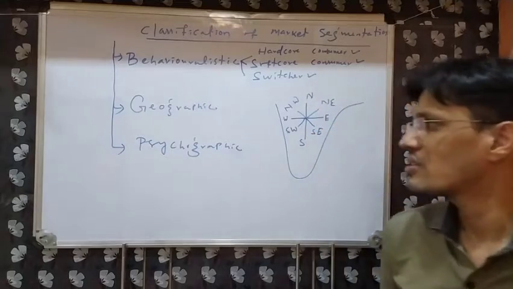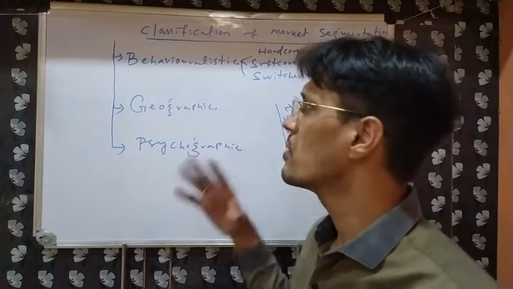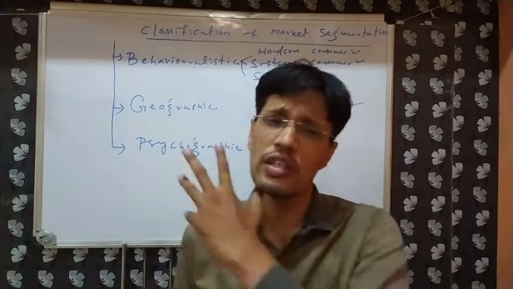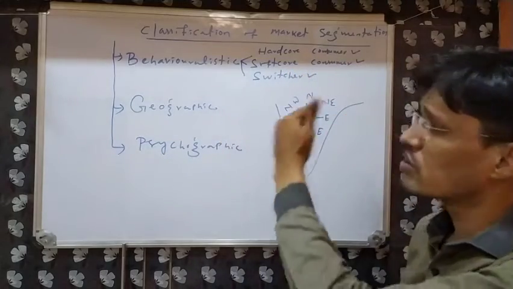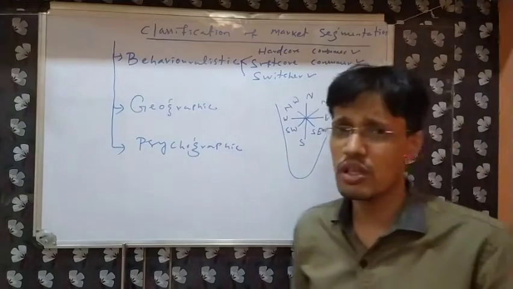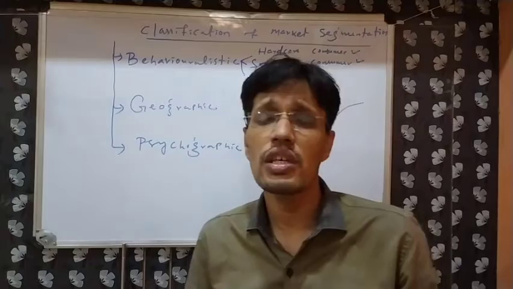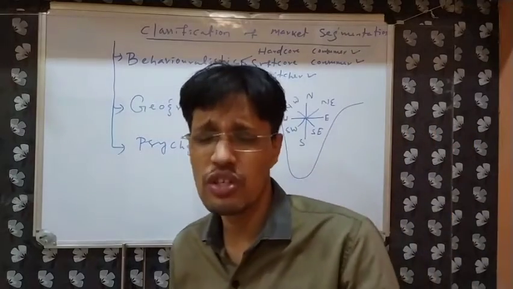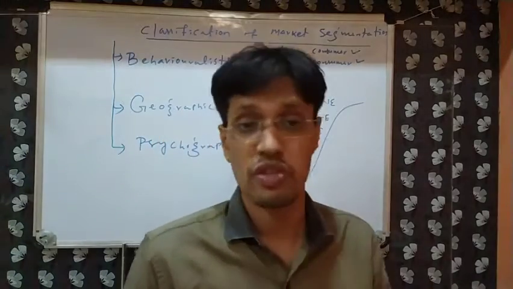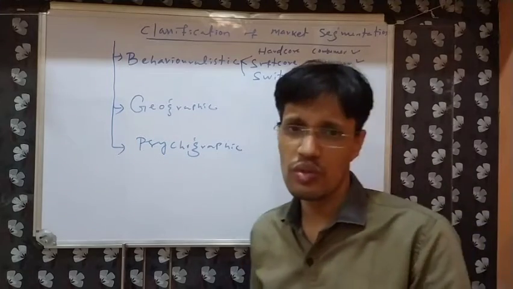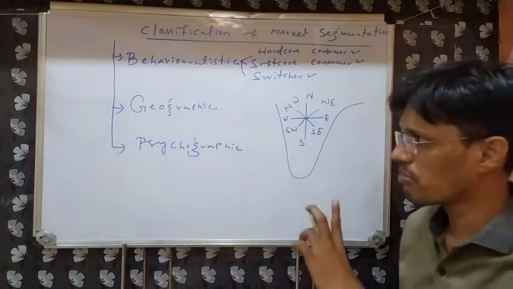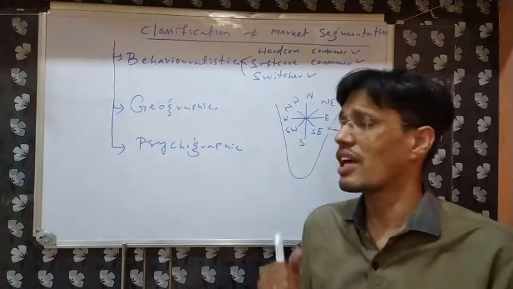Last but not least, that is psychographic. Apart from the behavior of people, and in order to show the level of loyalty, we can divide into hardcore, softcore and switcher according to the existence of the location or territory. We can divide according to the direction or according to the city, village, state, or sometimes according to the local talukas and gram panchayat. Sometimes we segment the market like this. But these are not the only two procedures by which we can segment our market. Apart from this, we need to understand the psychographic